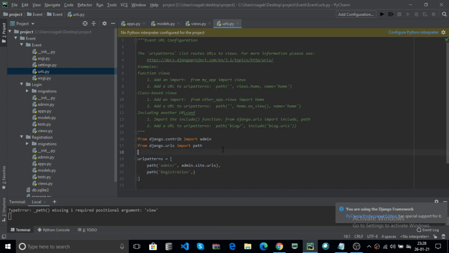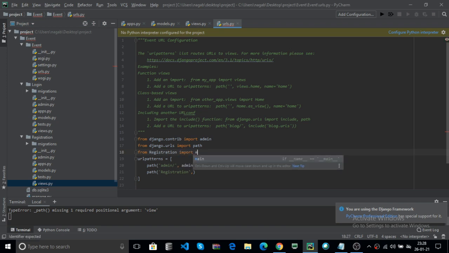First, import from where your views.py is. Here, in the registration package, views.py is the module. Then from registration, import your module, that is views.